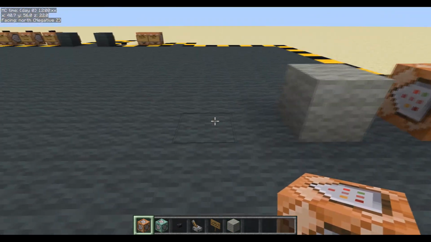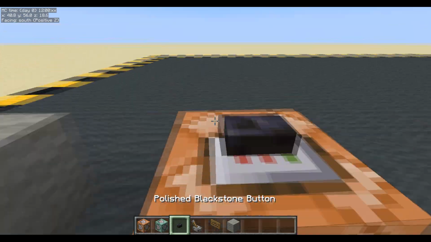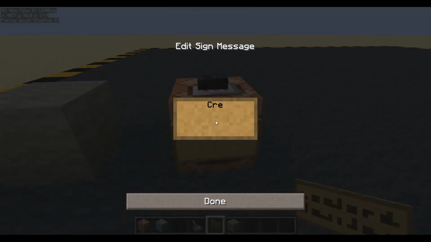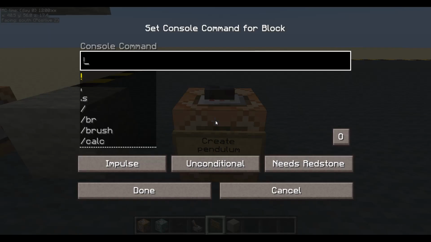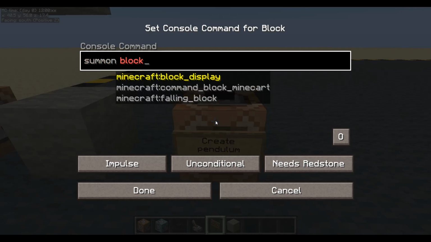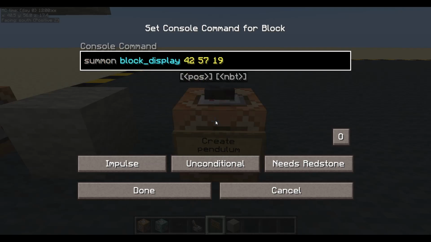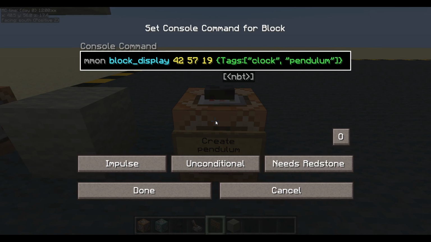Let's create the pendulum first. Create pendulum. Okay, so we will summon a block display at those coordinates that I just copied, and we'll have a load of stuff. We'll have some tags. It will be part of the clock, and it will be the pendulum. Okay, that's all right. We'll need a block state,